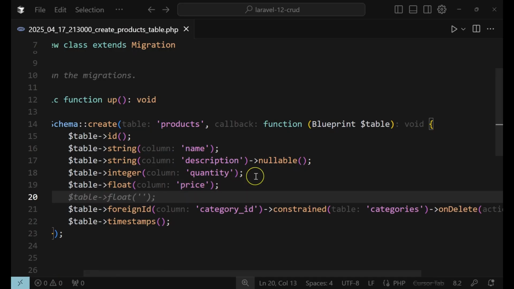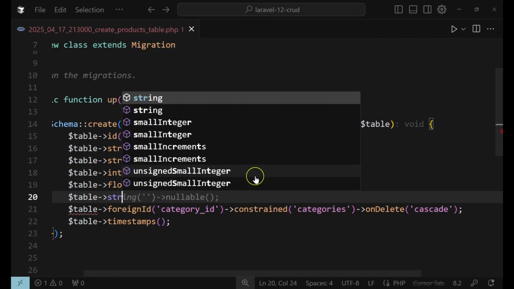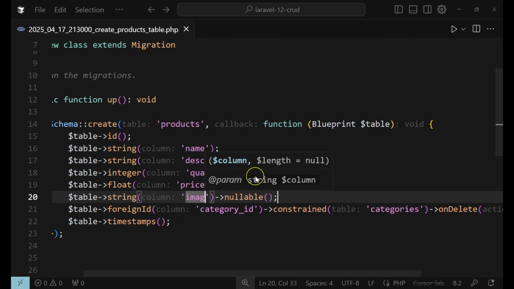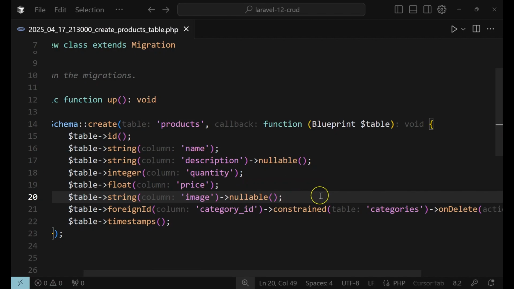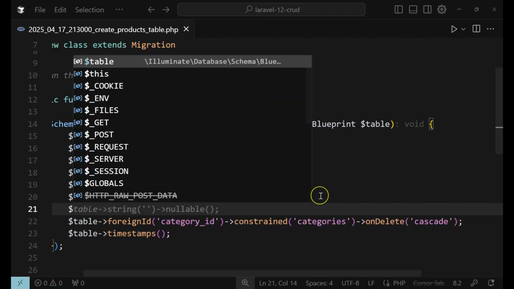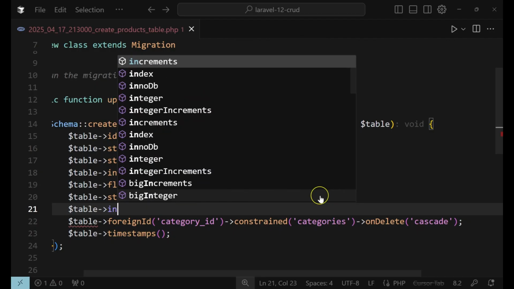And also we need to have the image of our product. So let's give the string, and here it will be image. And then we need to have the string, the status. So let's give it the status here. So I'll just say integer,